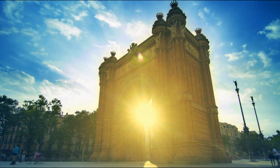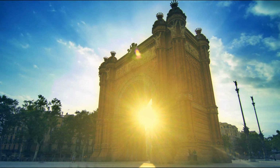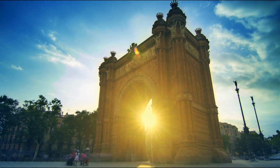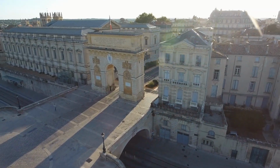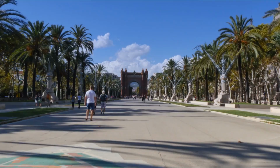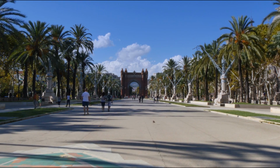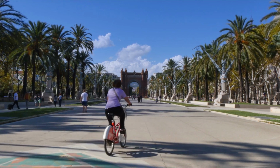Photo Spot 24. The Arc de Triomphe, one of Paris' most iconic landmarks, stands majestically at the western end of the Champs-Élysées. The arc was commissioned by Napoleon and honors French soldiers from the Revolutionary and Napoleonic Wars. For street-level views, you can position yourself on the surrounding avenues for shots that include both the arch and the